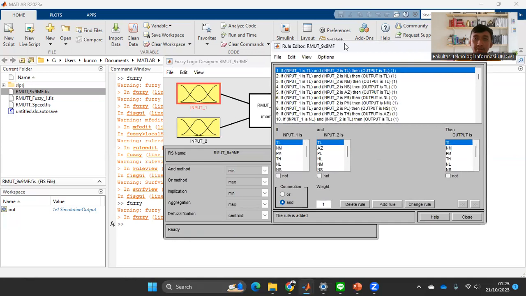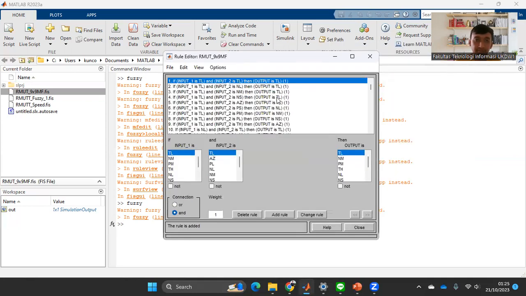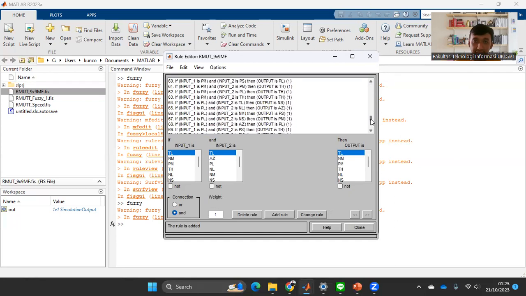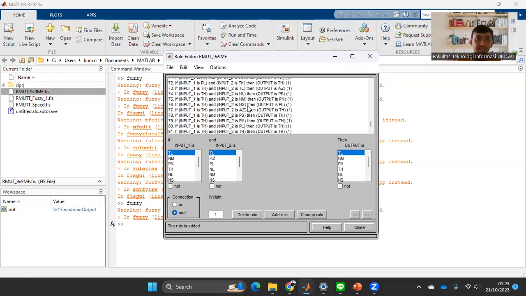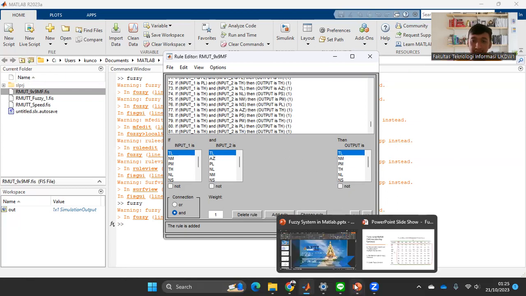Because we want to implement 9 by 9 rules for the 9 membership functions, we have 81 rules here for the relationship between input 1 and input 2 to be the output.